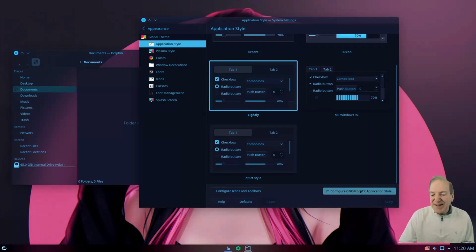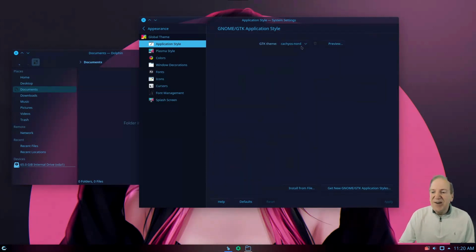And if you're not sure what that means, if you click on this, we can go in here and CachyOS Nord, we can actually choose a different style. So if you're using a GTK app like GIMP and the theming looks totally different than your system theme, you can go in here and change that so it matches your system theme, and then it'll look consistent with your other applications. So sometimes that theme will change. Or if none of these themes work with your GTK app, then you can select the button here that says Get New GNOME GTK Application Styles, and you can download another different custom style to theme out your GTK app,